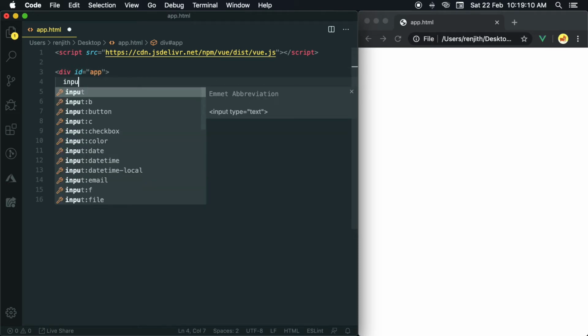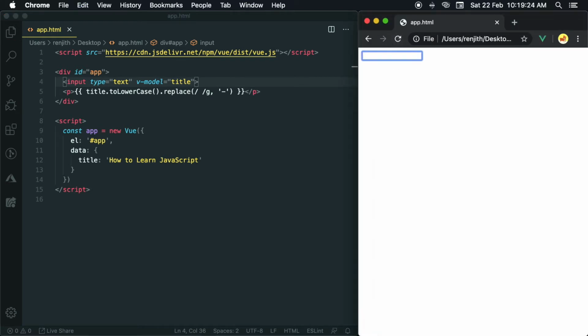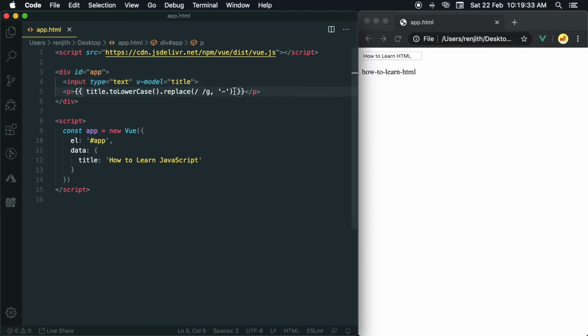Create input and bind the title. Run it. Yes, working.